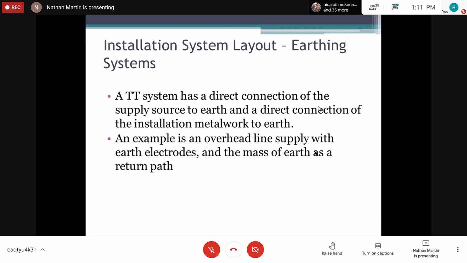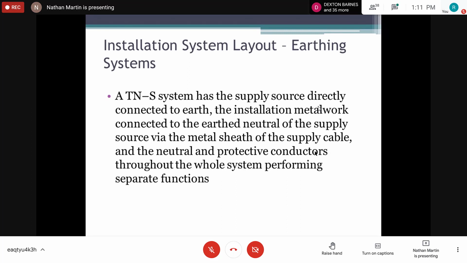A TT system has a direct connection of the supply source to earth and a direct connection of the installation metalwork to earth, meaning that the metal conductive parts in a building are directly linked to the earthing electrode. So an example is an overhead line supply with earth electrodes and a mass of earth as a return path, right? Now, a TN-S system,